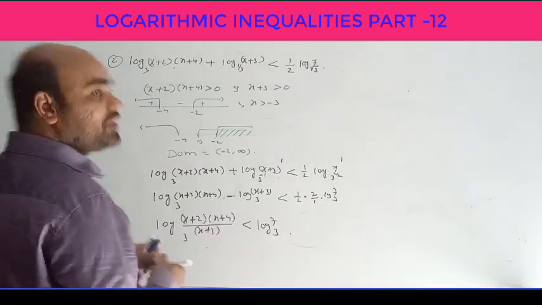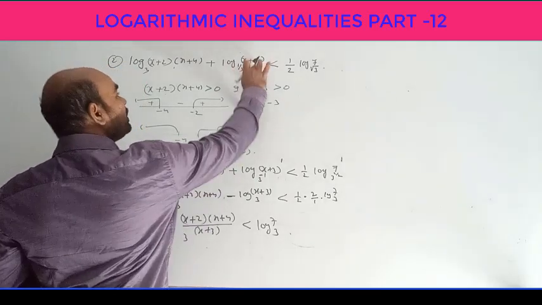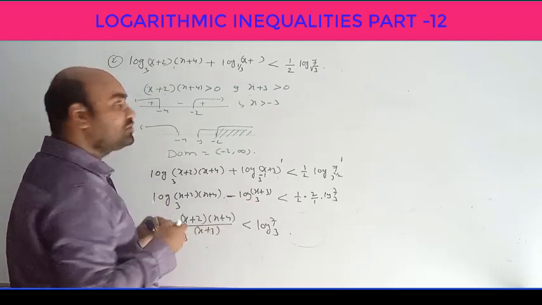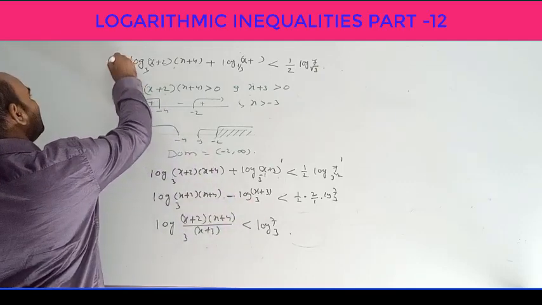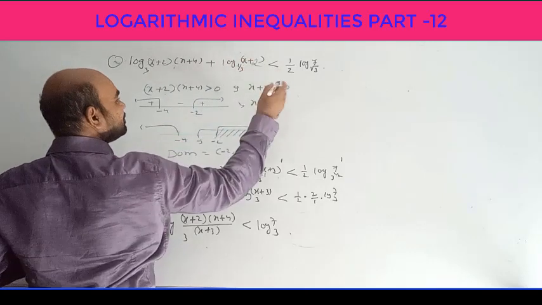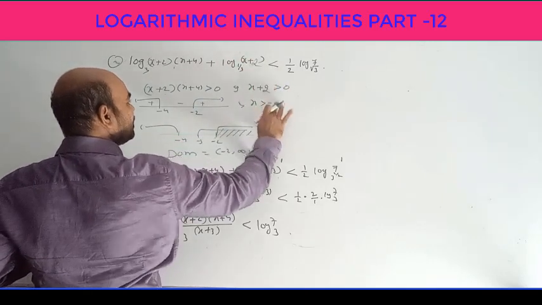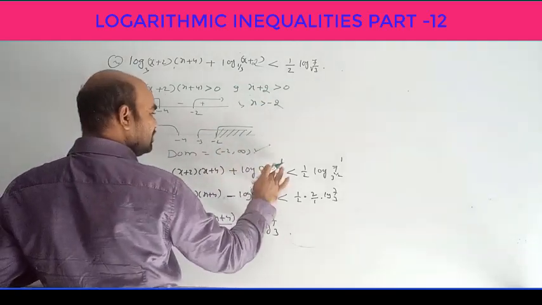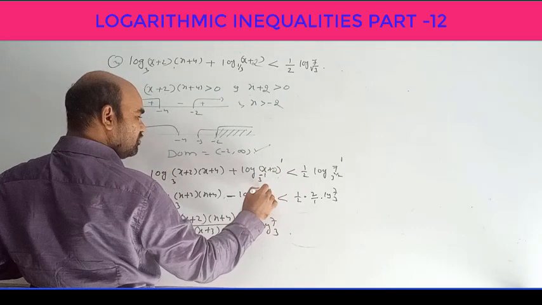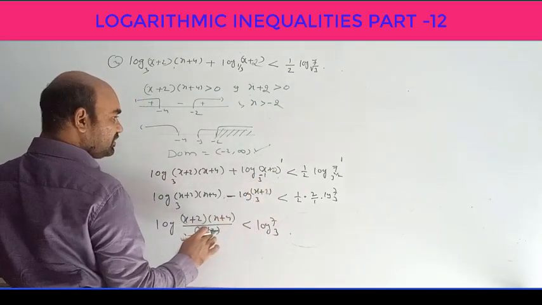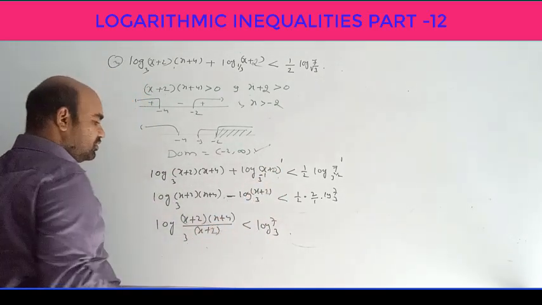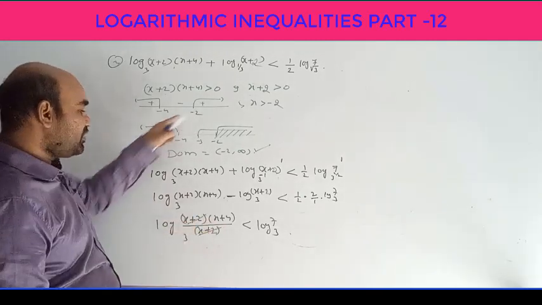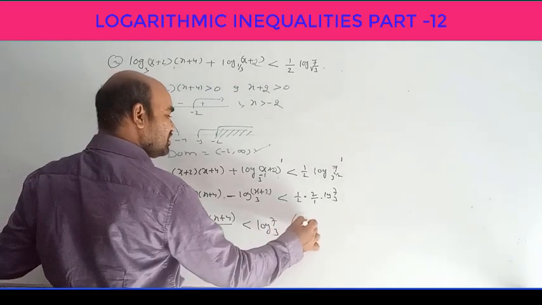Okay students, actually in my book the problem is given with 2 here. By mistake I wrote 3 and I completed it, no problem. So you can treat this as the third problem. Here 2 is given, here 2, here 2. So the intersection is this one only, the domain is okay. Here 2, here 2. Okay, x is greater than minus 2. Now we can cancel these two, since x is greater than minus 2.